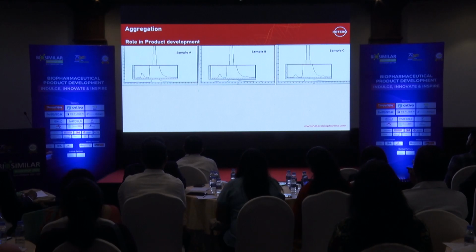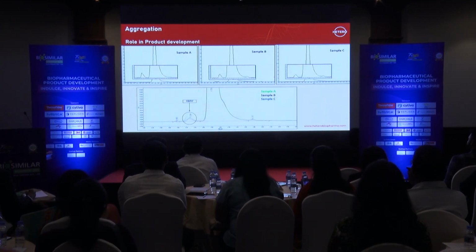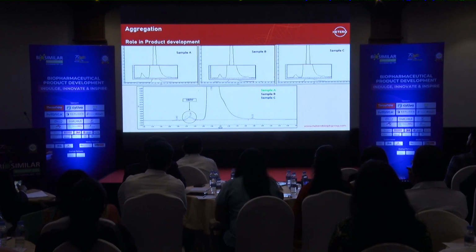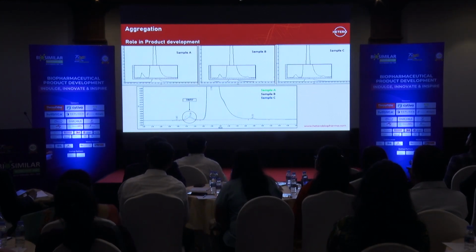Another aspect I want to show you is these three profiles. They look similar, maybe just the percentages of aggregates are different. But when you look closer, these are various forms of aggregates. And this is one of the most non-desirable aspects to have in our product, that you have any additional form which is not present in the innovator molecule. So these have to be looked into very deeply, and the SEC tool has the power to look into it, which can be used for effective product development and removals as well.